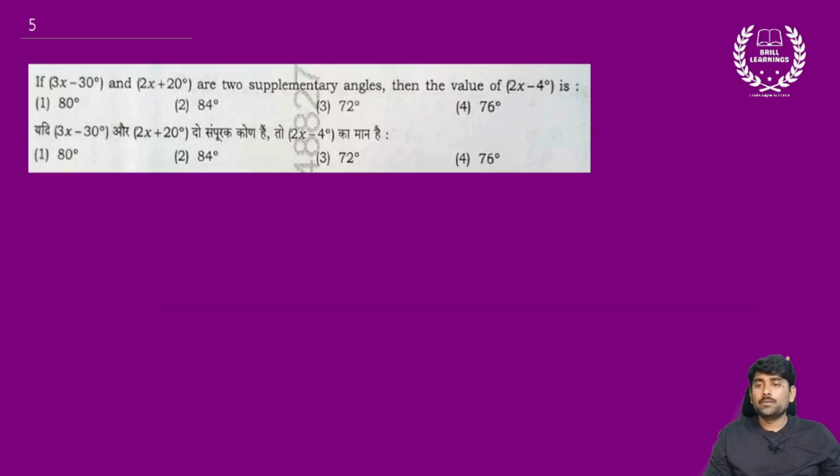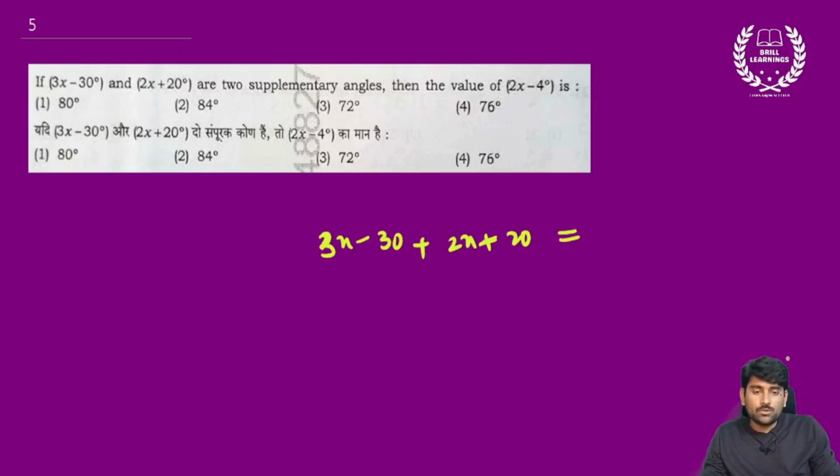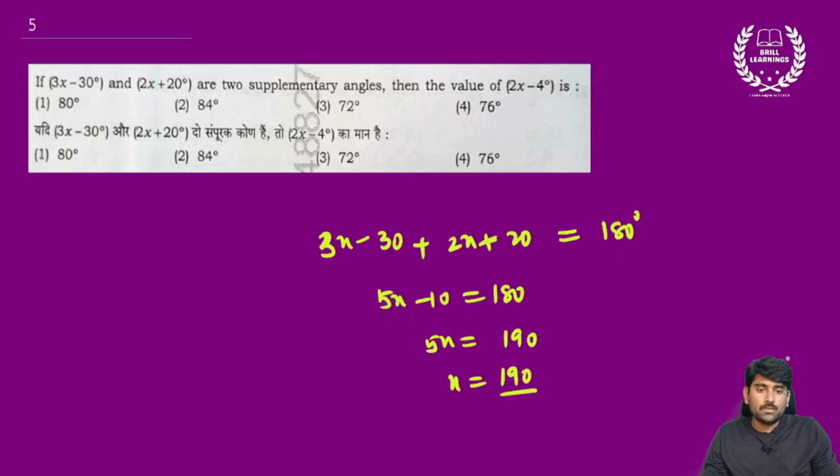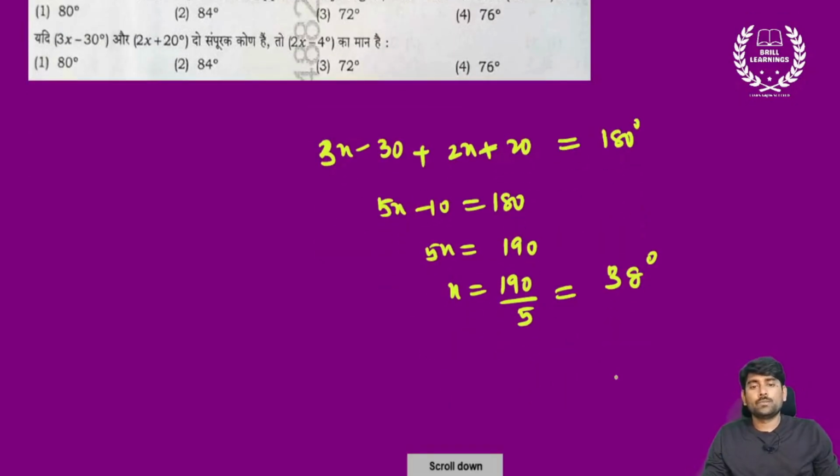If 3x minus 30 and 2x plus 20 are two supplementary angles. Supplementary angles means the sum of those two angles should be equal to 180. So add up these two values. 3x minus 30 plus 2x plus 20, which is equal to 180 degrees. Okay. So 5x minus 10 is equal to 180. 5x is equal to 190. X is equal to 190 by 5, which is equal to, 5 3s are 15, 5 8s are, okay, 15